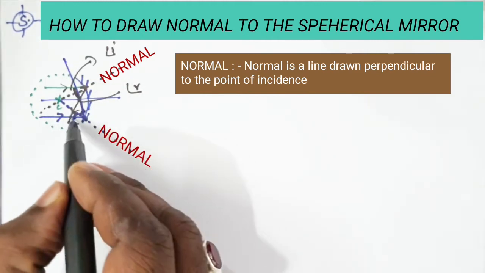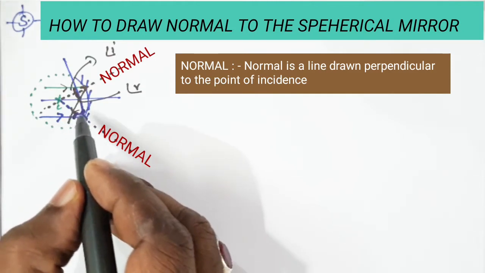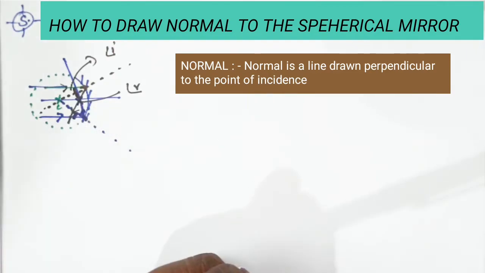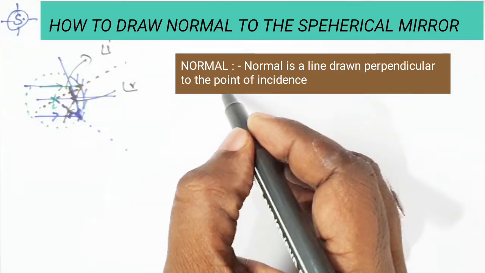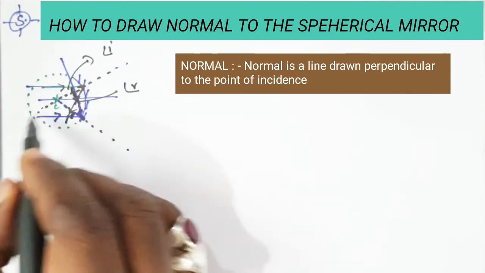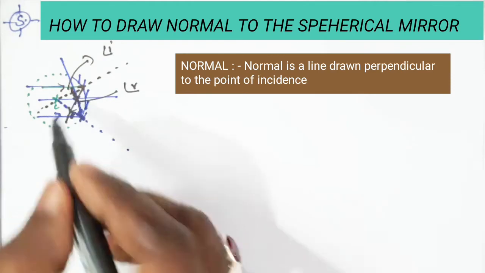Is it clear? Here, this is the angle of incidence and this is the angle of reflection. These two must be equal. In that condition, all these parallel rays will converge at a point. That's what generally happens in a concave mirror: the parallel rays will converge at a point. Under this phenomenon, they converge at a point.